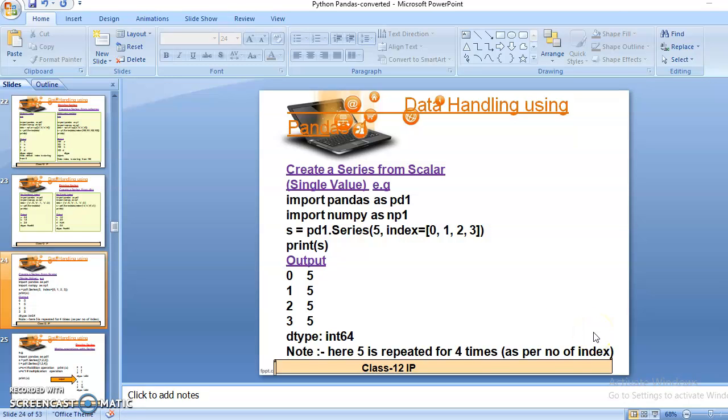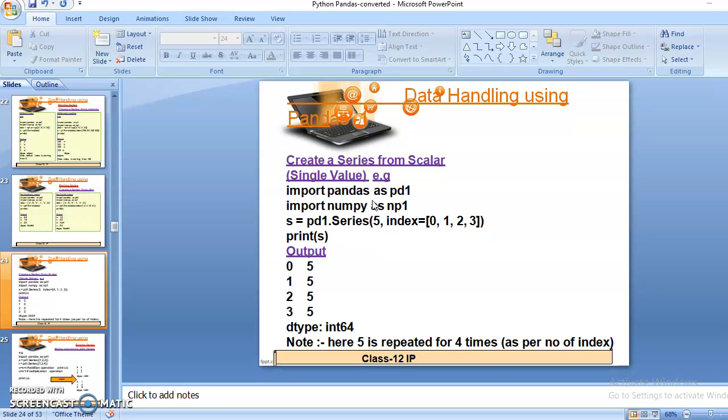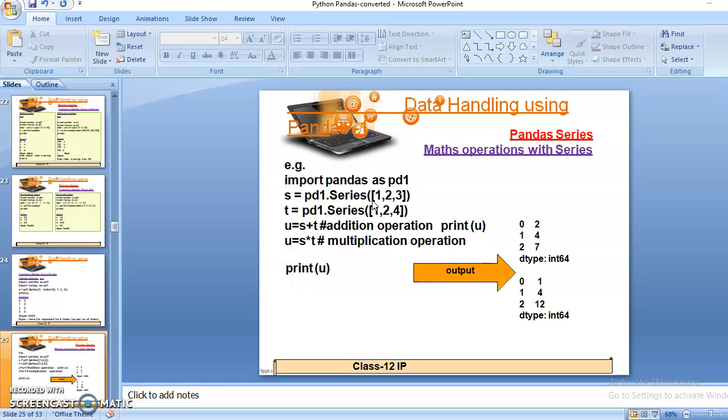So this is the way we can create a series by using an ndarray, by using a dictionary, or by using a scalar. Now after that we will discuss how we can implement math operations on the pandas series. Students, we will see how we can implement addition or multiplication on a series.